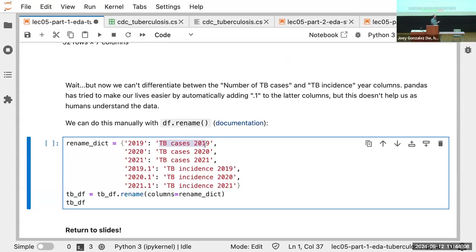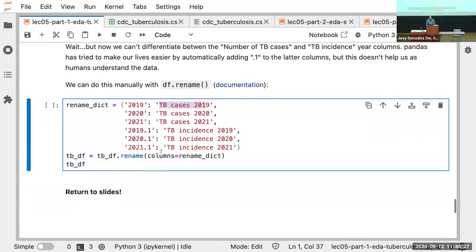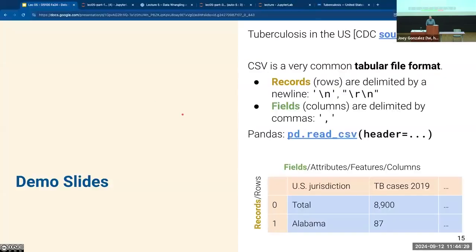You will do this a lot. Ever work with Google surveys? When you get the column names, the column name is the entire question. It's really hard to work with that column when it's that long. So rename it as like question 1 or data 100 interests, data 100 fears. So you will often be renaming columns. Now we return to slides.